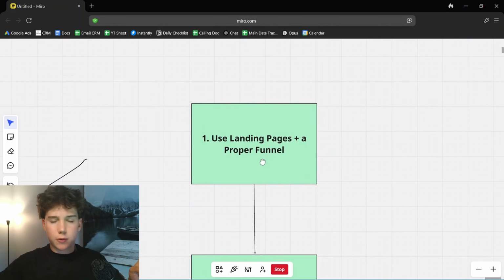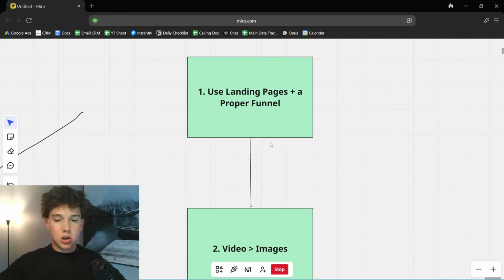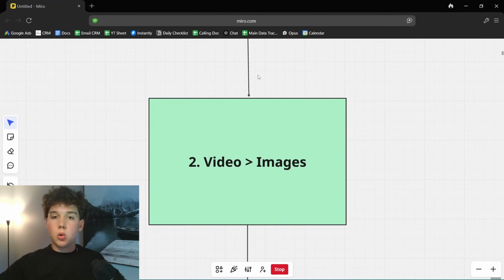In some softwares you can do this. What I use is Go High Level. You can use, there's plenty others out there, but just find something where you're actually able to create a proper funnel or landing page. Now the second one is video beats images 10 out of 10 times, especially in today's